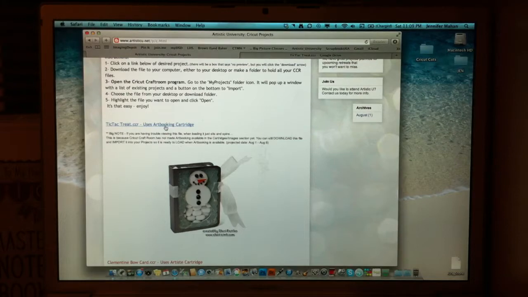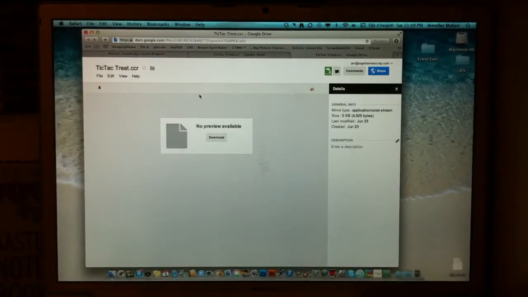This is the Tic Tac Treat, and this is by Sherry Rottler. We're going to click on the link. It's going to pop up a Google Docs area where we have the file. There won't be a preview available because it can't view the Cricut Craftroom files, but there's a download button. Click on that and it will download it to your computer, your desktop, or down to your downloads folder, whatever